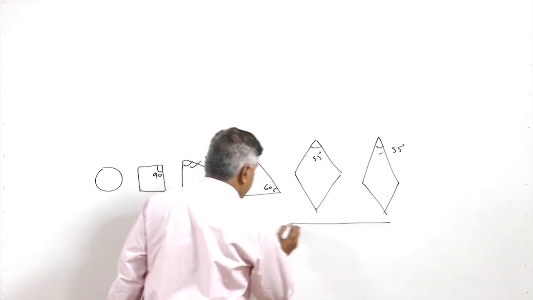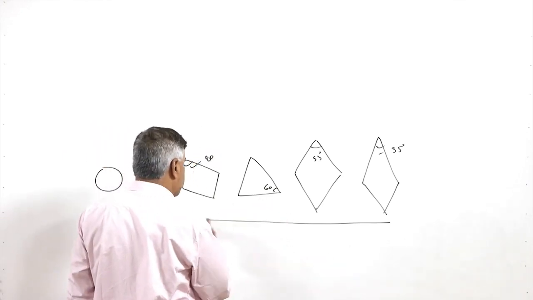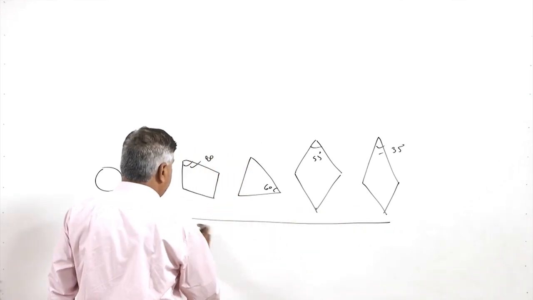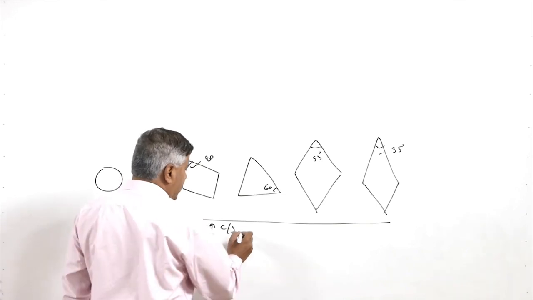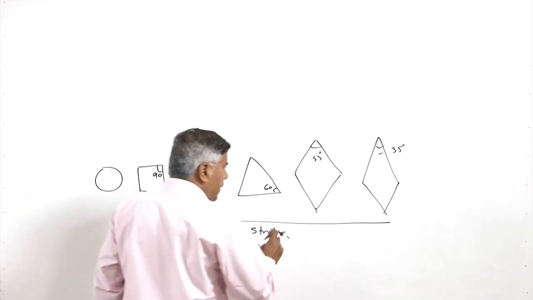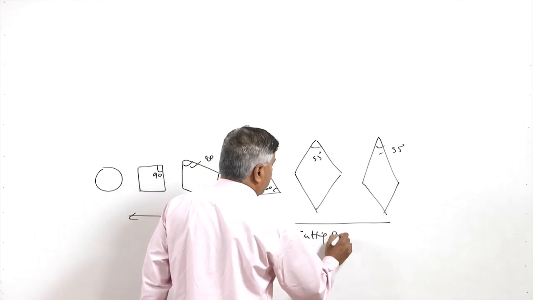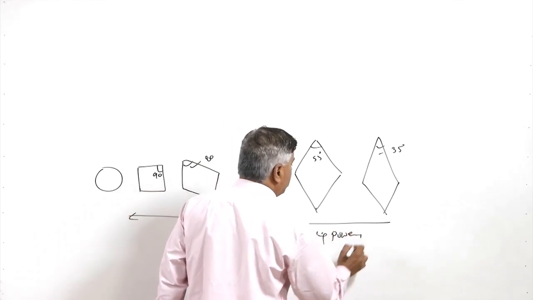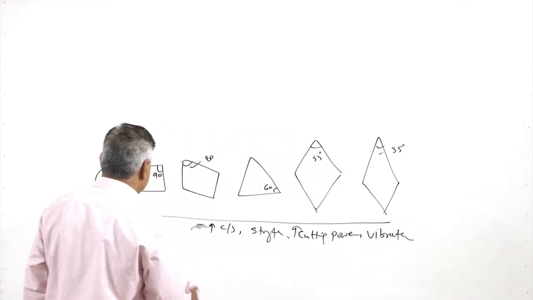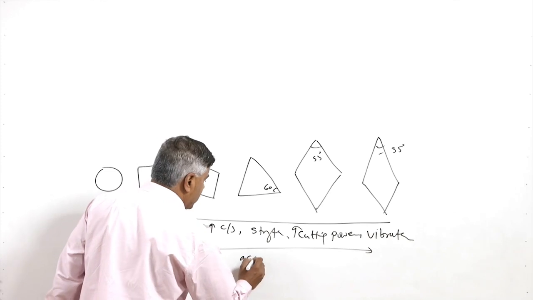So, this will be reducing the cutting edge cross sectional area or increasing the cutting edge cross sectional area. Moving from the right to the left, there is increasing cross sectional area of the cutting edge, which will be increasing the strength of the cutting edge, but at the same time it will require more cutting power, as well as it will also increase the vibration tendency of the tool. On the other hand, on moving from the left to right, there will be increase in accessibility